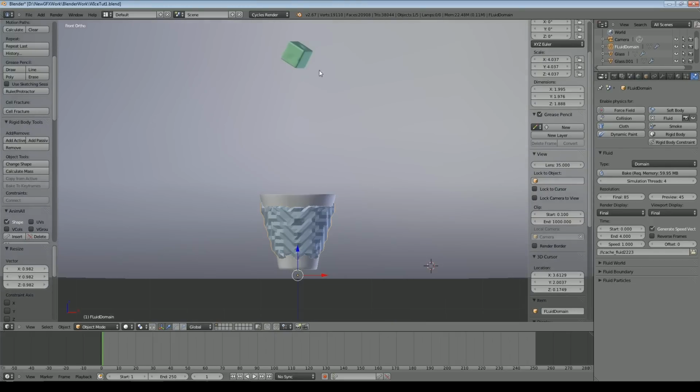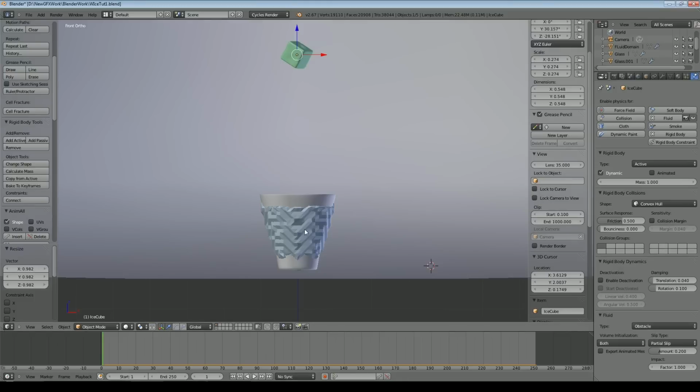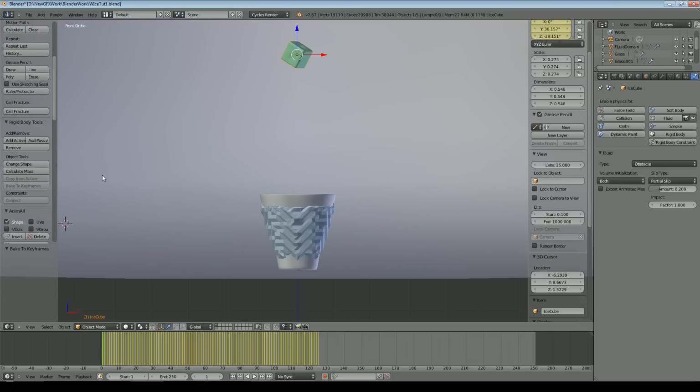So we now need to find a way to make this falling ice cube interact with the water. What we really need to do is make this an animation rather than just simply rely on the physics, because the physics, bullet physics, doesn't seem to interact directly with liquid physics. So what we can do is bake this to keyframes. So you'll notice that over here we've got baked keyframes. If we just do that, and we'll do it up to about 125 because I've only got the liquid simulation running for about 100, and we'll say OK on that. And there we go, we've got some keyframes now.